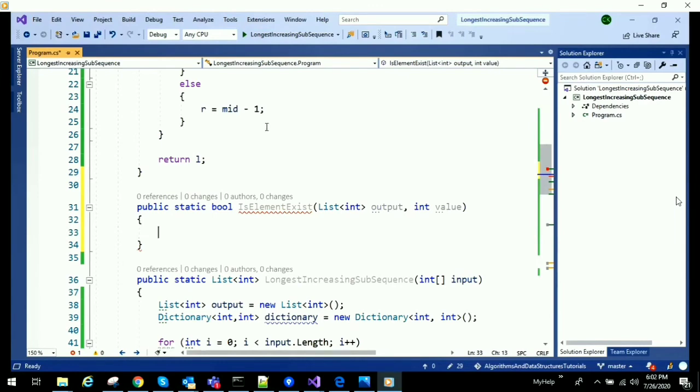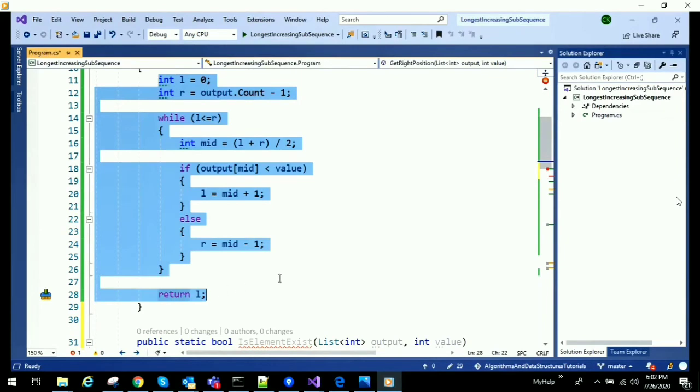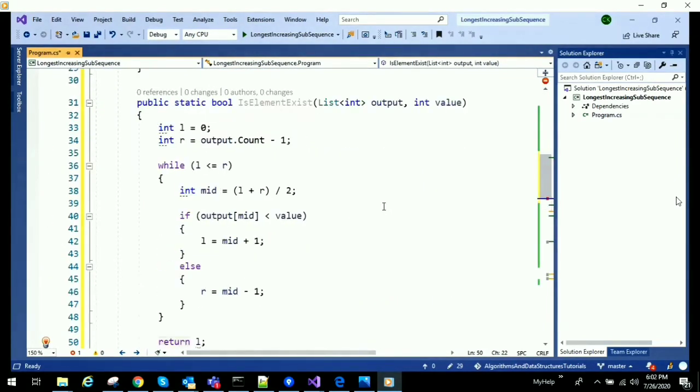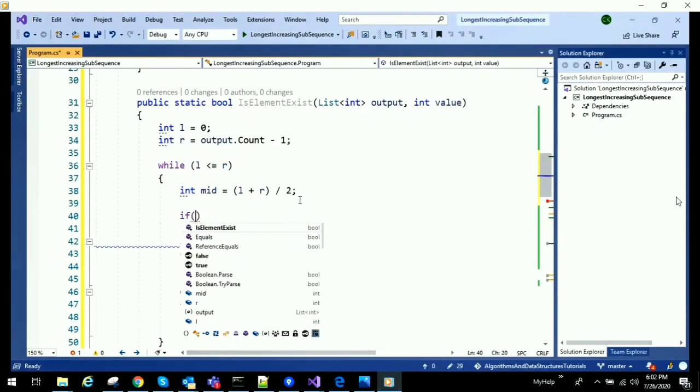And we will copy the same code whatever is there above, and we need to do a little modification to this. And here once we get the mid element, we will check whether value at mid element is equal to the current element. If it is true, then it means we found the value. We can return true directly there itself.